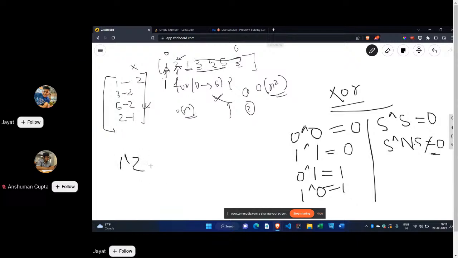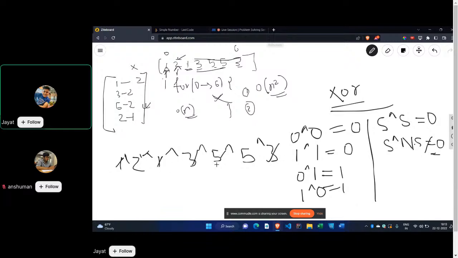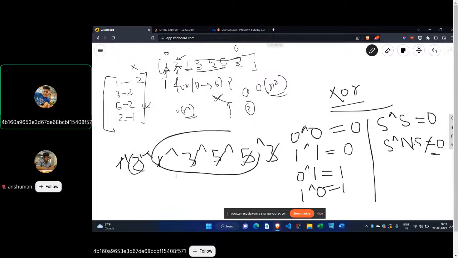1 XOR 2, ठीक है, 1 XOR 2 XOR 1 XOR 3 XOR 5, again XOR 5, again XOR 3। तो इसमें क्या हो रहा है, 1 XOR 1 कैंसिल, 3 XOR 3 कैंसिल, 5 XOR 5 कैंसिल, कैंसिल मीन्स it will give zero। सो मेरे पास क्या बचा है, 2, और इन सबसे बचा है 0। सो 2 XOR 0 which will give me 2, as simple as that।